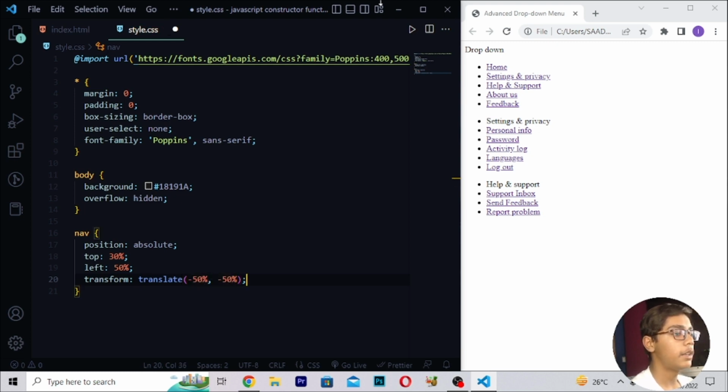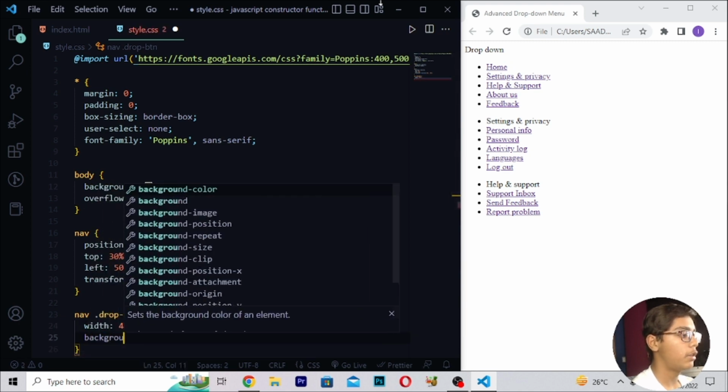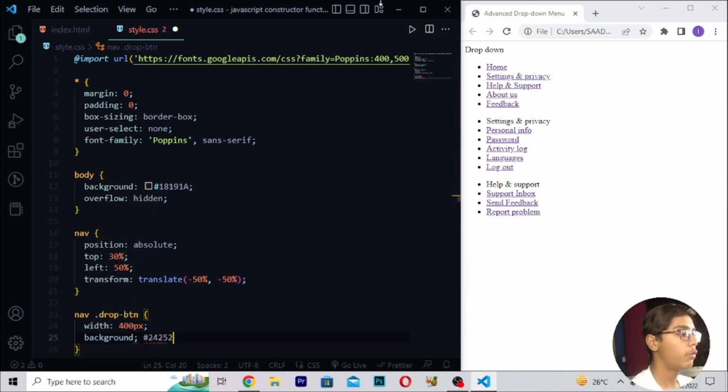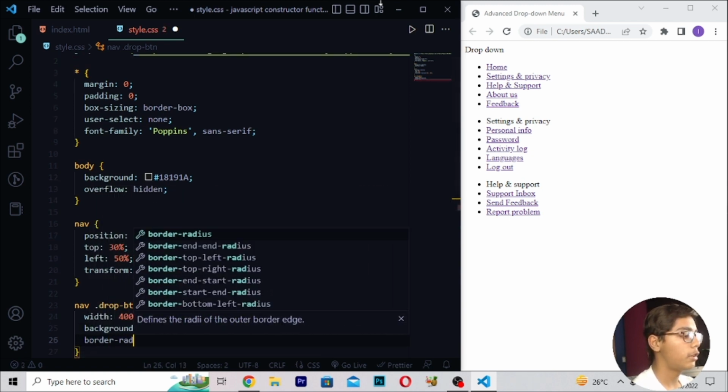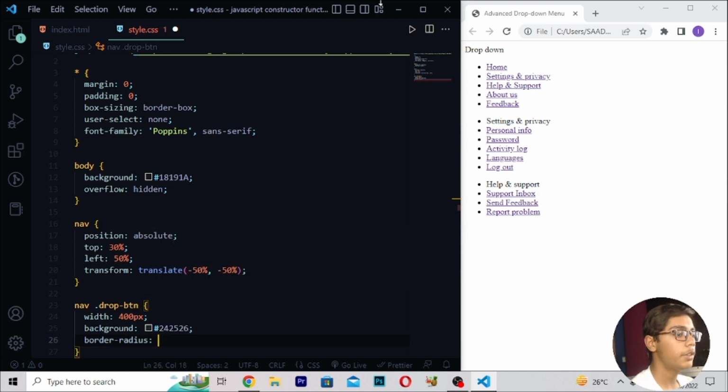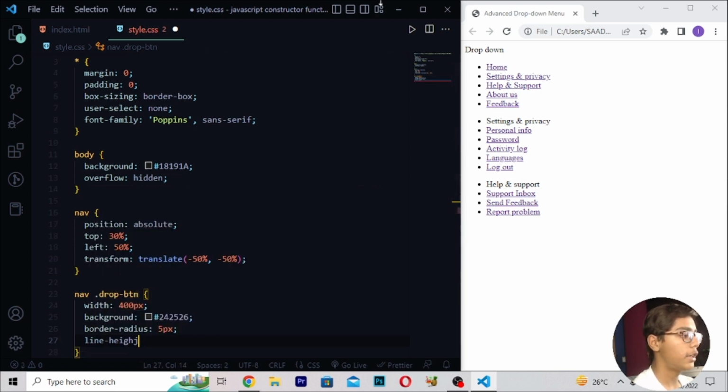So here I will be writing, then you have to move down right here, nav dot drop-btn, then right here width 400 pixel, then right here background, and in background you have to write 242526. So here I will be now just like this I will be writing. Then move down right here, border-radius which should be 5 pixel, right here line-height which should be 55 pixel,